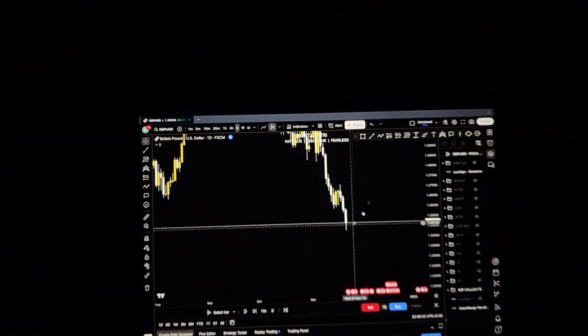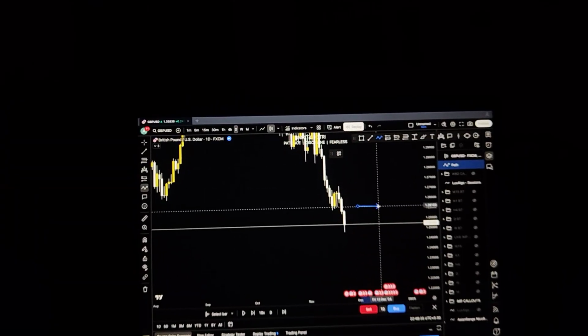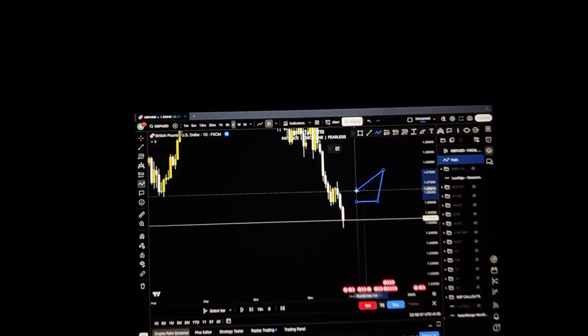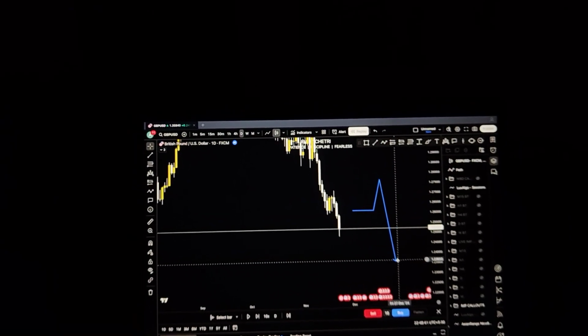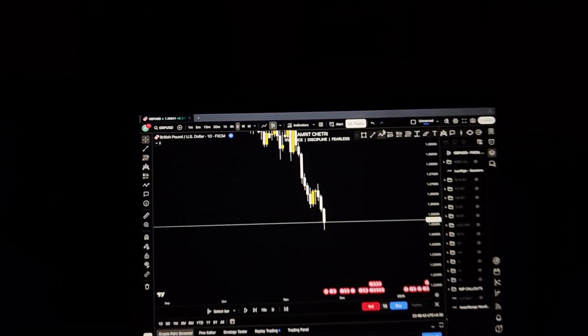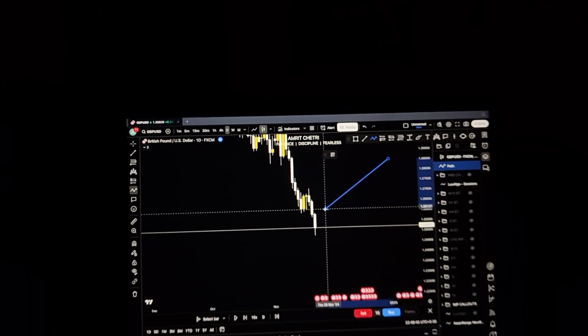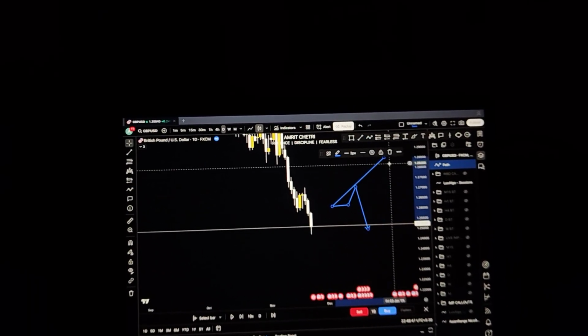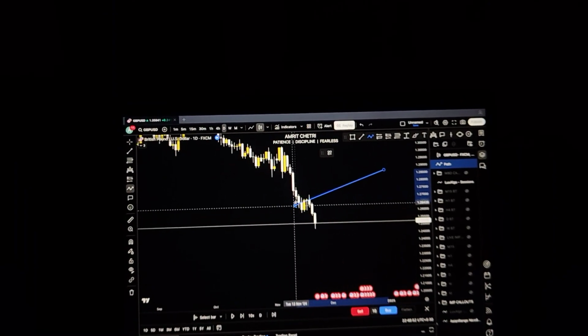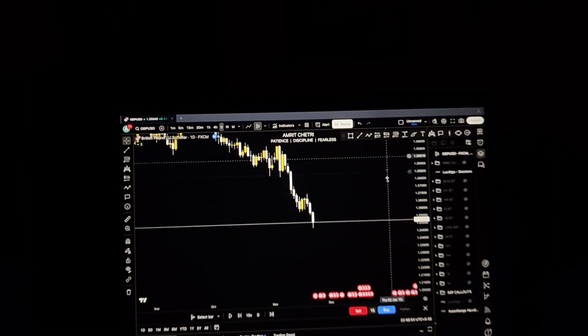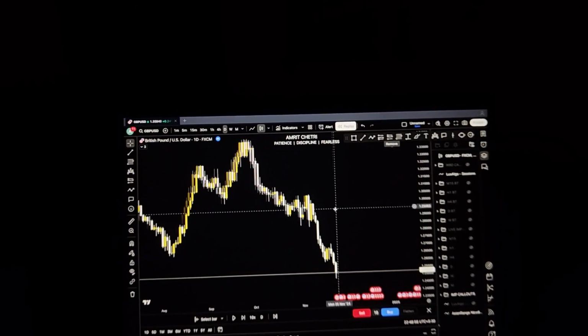Even Friday went to the downside, so this was a bearish weekly profiling candle. Monday, Tuesday, Wednesday went up, so it was a midweek reversal. Thursday, Friday went down. So this was what happened throughout the week. It was a beautiful week. My bias was so clearly bearish, and if I was patient and perspicacious enough, and I had noticed the fact that the price is literally going down and down and down, that is when I could look for continuation models.